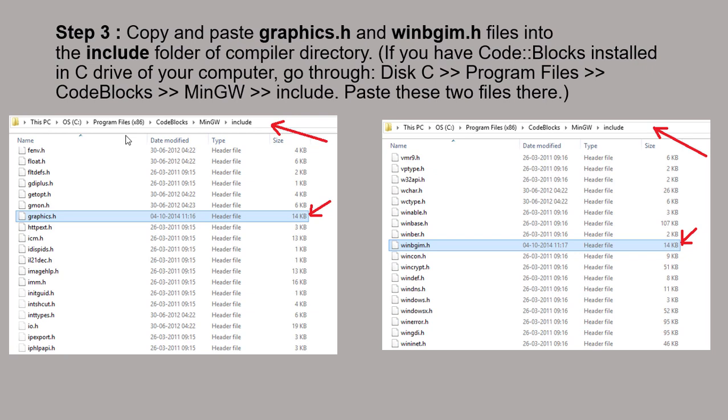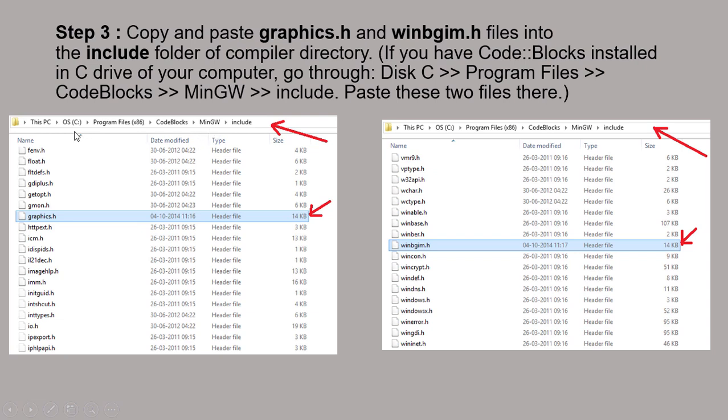So when you are running your graphics program, all the output will be executed or displayed on the WinBGIM window. What you have to do is copy these two files from the downloaded folder and paste them into the include folder of Code::Blocks. That include folder lies in the MinGW folder of Code::Blocks.